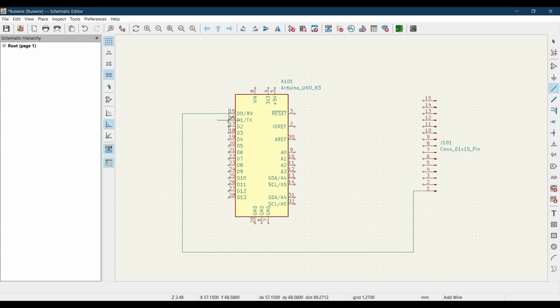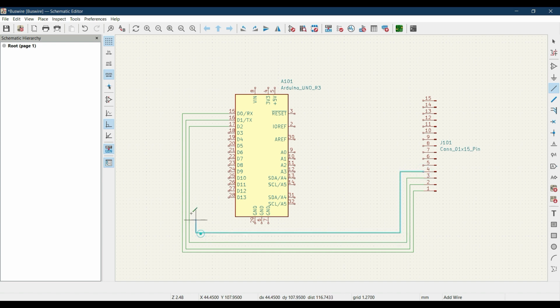Similarly, D1 I want to connect with pin number 2, and this way. Similarly, pin D2 to pin number 3, and pin number 4 to pin number 18, D4 to